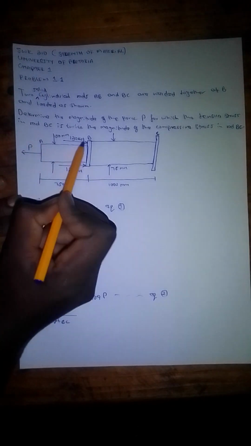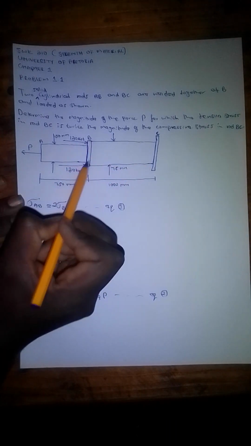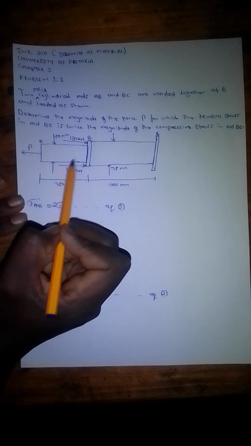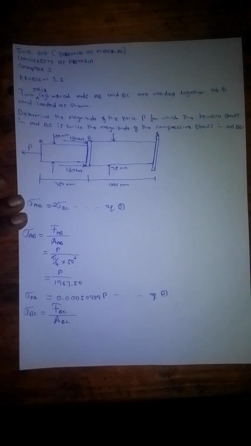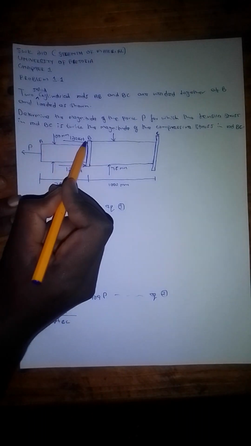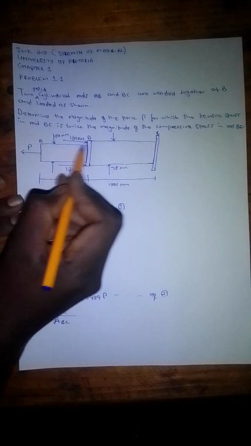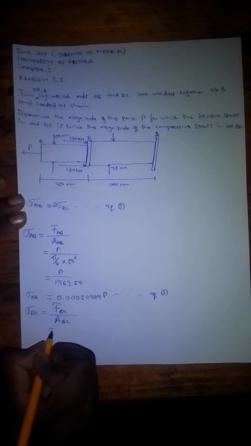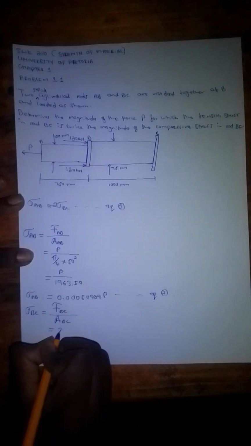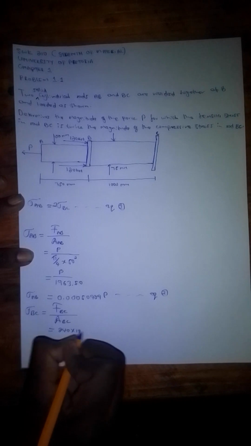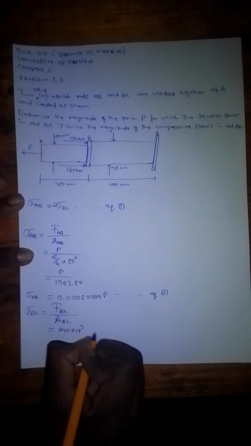This is because AB and BC are welded together at B, as we have been told from the problem statement. Which means if you pull AB, by extension, or by default, you pull BC. So the force acting in BC is equal to the two forces, which is 240 times 10 to the power 3,